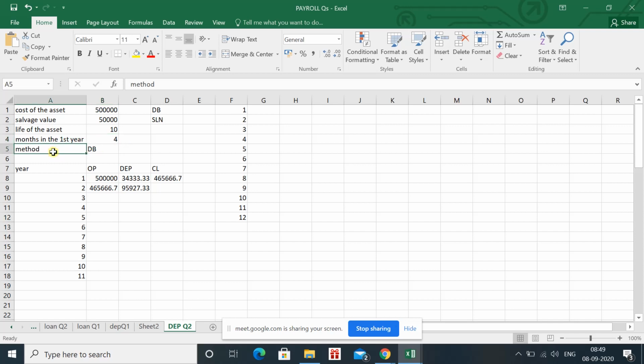And then in the question they have given you the method. In method also they have given you that you will select the method of depreciation. See, I have created this drop down box. I have already applied formulas in this question so that we can complete this question within 1 hour. So in this case, you can see that I have applied the drop down box for the DB and SLN. Also in case of DB, we are selecting the DB. This is the depreciation and this is the CL. And once you will change it, see the values have changed. We can zoom it if you want.